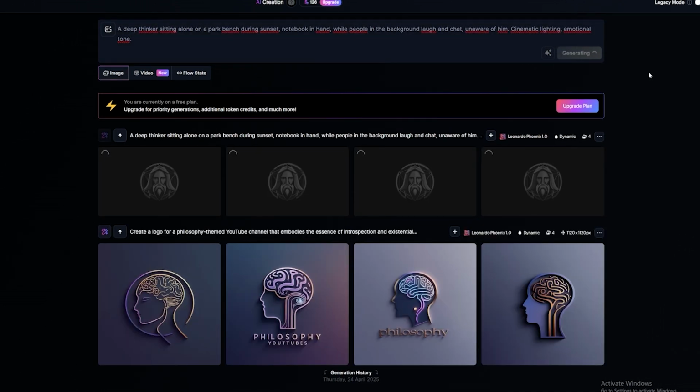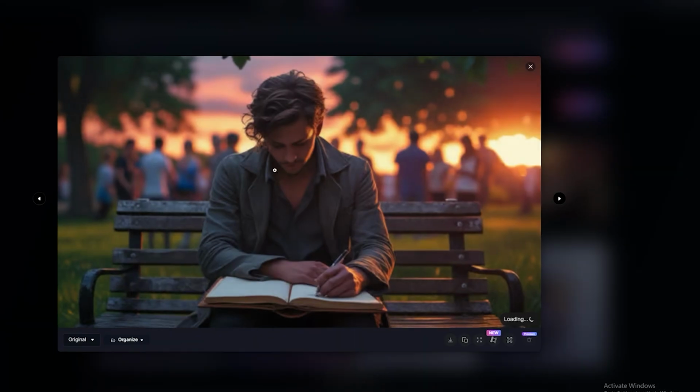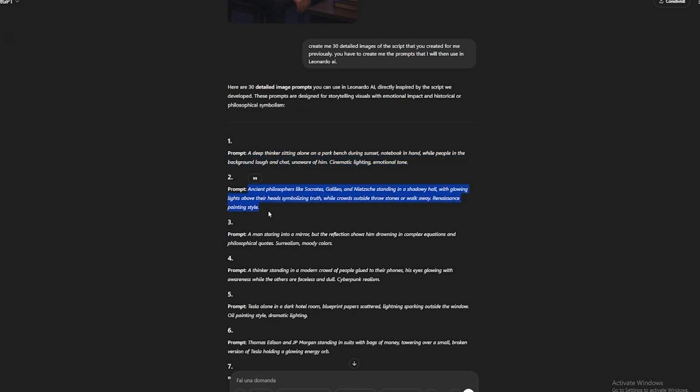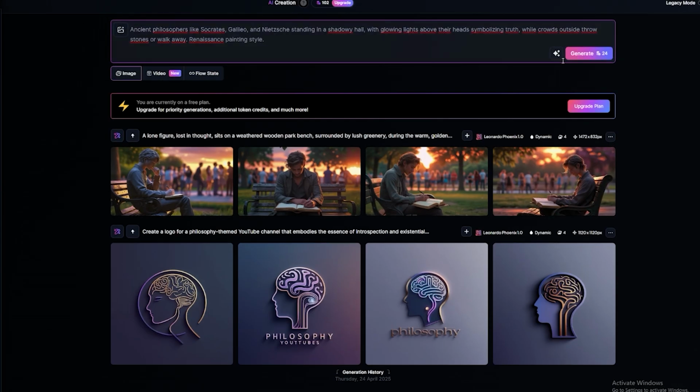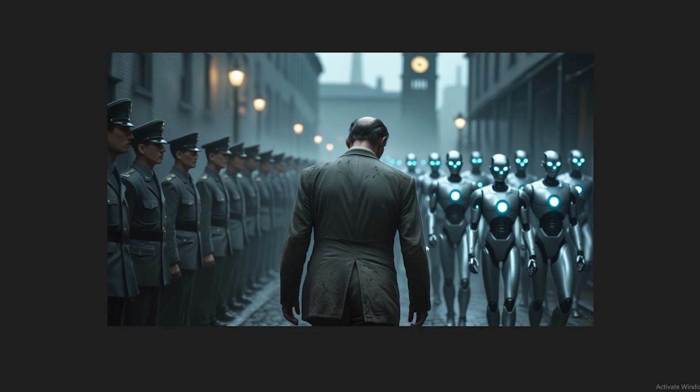Open the chat in ChatGPT where you created the prompts for the visuals and copy the first prompt. Then go back to Leonardo and paste the prompt in the box provided, then click Generate. This process will be pretty quick, and once it's done, boom, you've just created the first visual that matches your video perfectly. But now, watch carefully. Go back to ChatGPT and copy the second, then go back to Leonardo and generate the second visual. You will need to repeat this for all the visual prompts you have created, and don't waste any time.